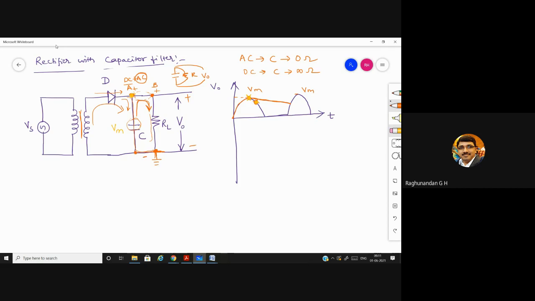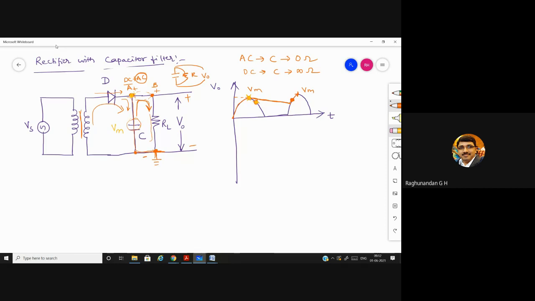But by the time it is going down, what has happened here? The next signal will come again. So by the time it is discharging, the next signal has come. And now tell me at this particular point, which is greater, whether the capacitor voltage is greater or node A voltage is greater. Node A voltage is greater. Now whenever the capacitor voltage is lesser than the junction voltage, again the capacitor will start charging itself and it will reach the peak value. Again it restores the energy back.